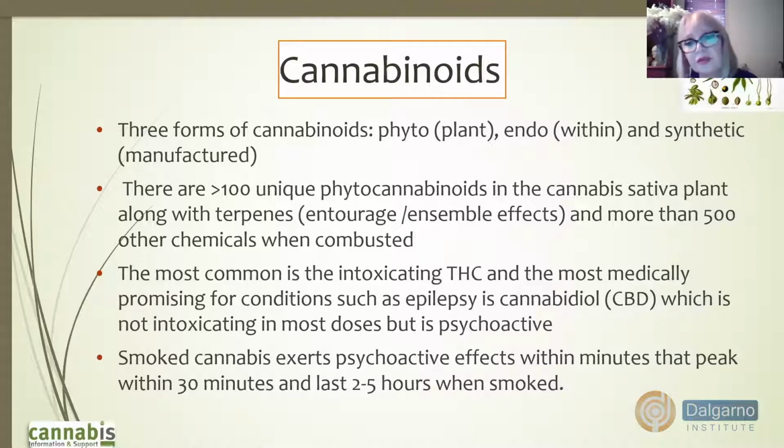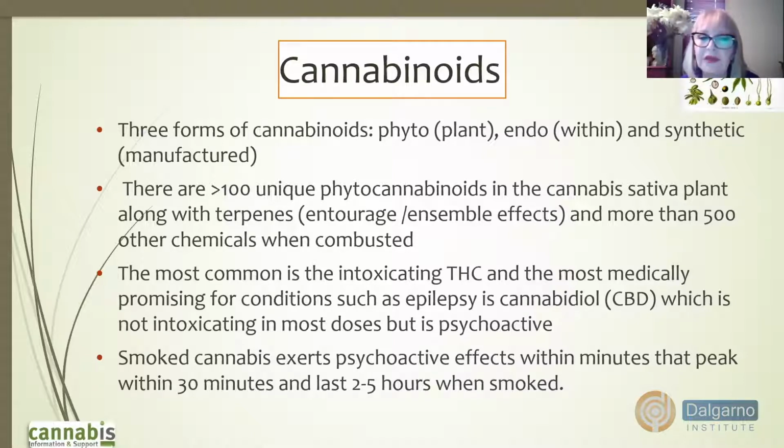It's argued by those who are strong proponents of the medicinal qualities in particular that these provide as yet unquantified and unqualified entourage and ensemble effects. So it's used as an argument that only the plant itself, not synthetic purified versions of any of the cannabinoids, are appropriate for medical use. This, of course, is not yet to be